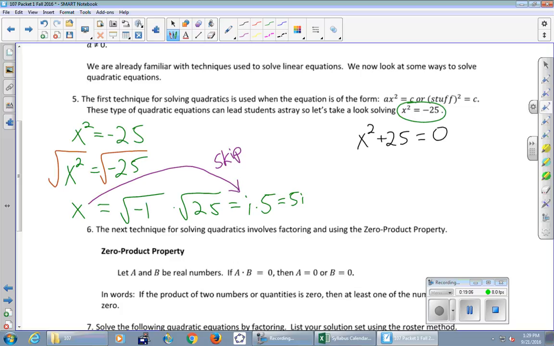Let me give you one with no i's in it. If I just said I'm thinking of a number and I square it and I get 16, what's the answer? 4. What's the other answer? Negative 4, right? Because if you take negative 4 and you square it, it becomes positive 16, yes? So there's this kind of funny plus or minus. It's really easy to just do the plus and say, hey, x equals 4, we're done, but we missed one. And so what do you think is the other answer? Not just 5i, but also negative 5i. So I'm going to put in this plus or minus right there. Really, really easy to miss that.